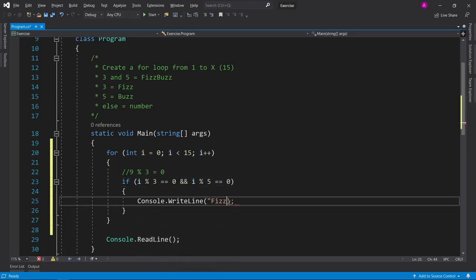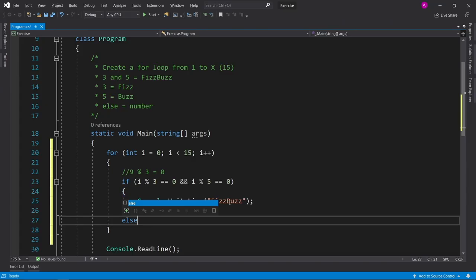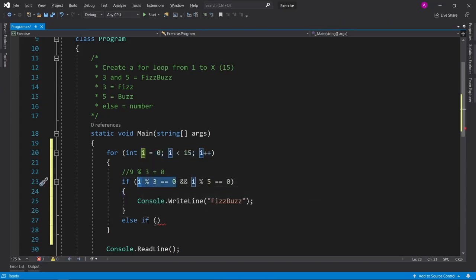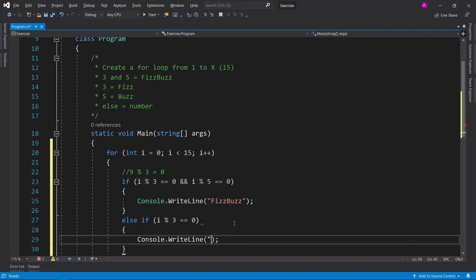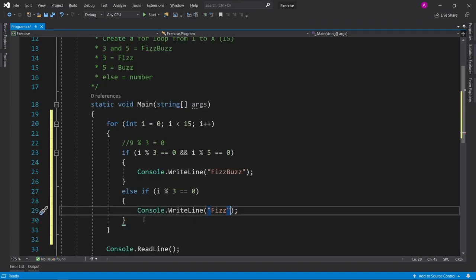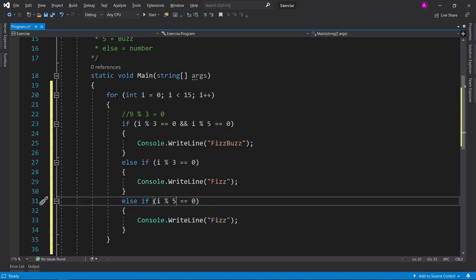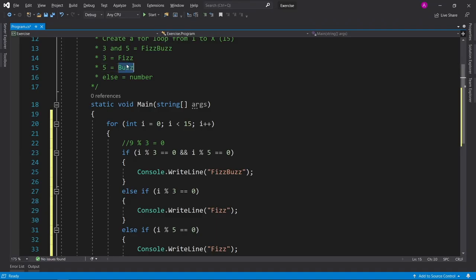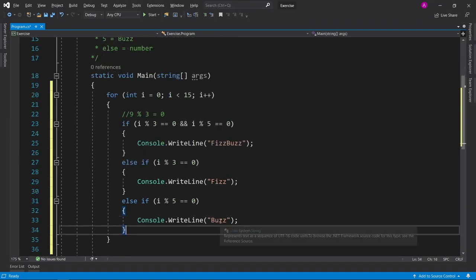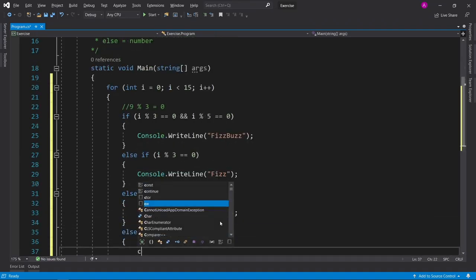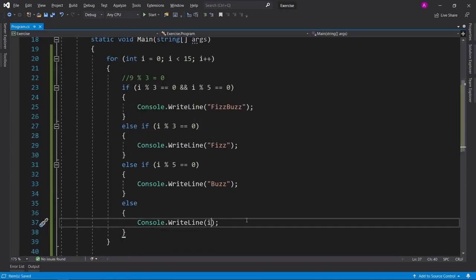So we can do a console write line and we can say fizz buzz. And then in our else if, we're going to check if it's 3, and we can repurpose this exact condition because this just checks if it's divisible by 3, and then we can print fizz. If we copy this exact structure down and change this to a 5 to check if it's divisible by 5, then we can print out buzz,